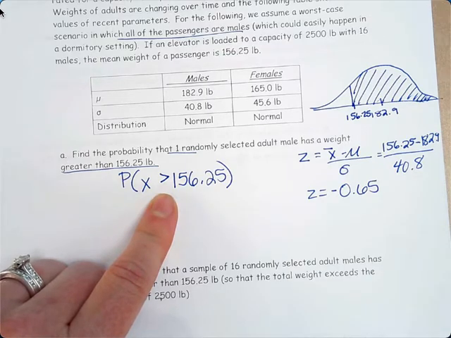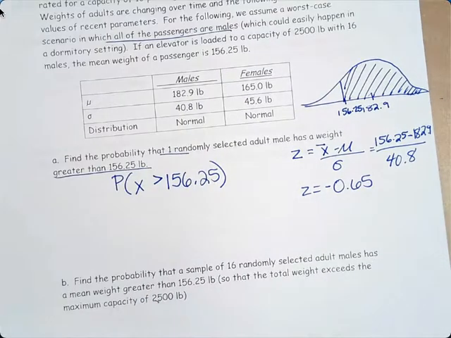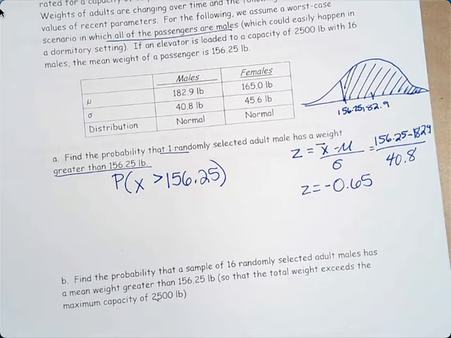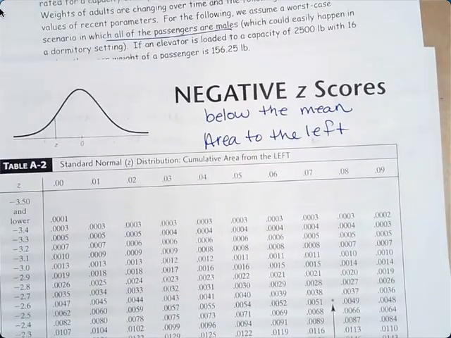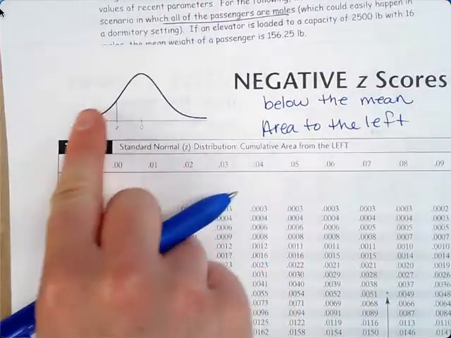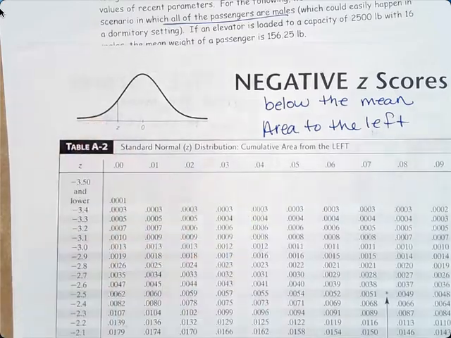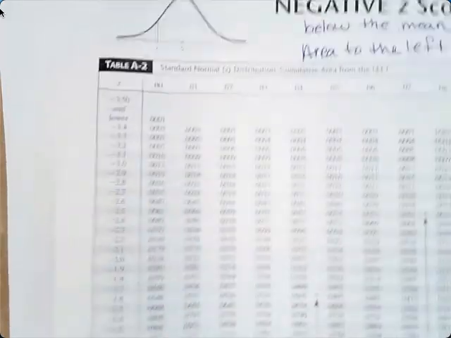But whenever we find the area using our table, we always find the area to the left. So we're going to have to find the opposite. We're going to have to do 1 minus. So this is the negative z-scores. We're going to find the area to the left and then subtract from 1. So negative 0.65,